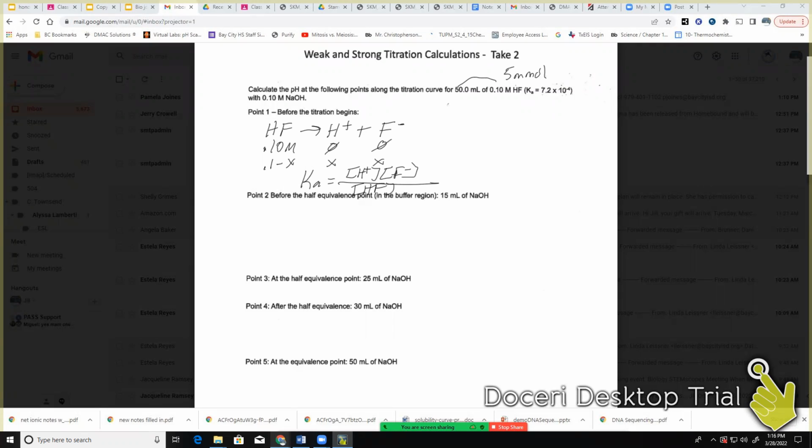So I don't need to write Ka again, I need to write the actual number: 7.2 times 10 to the negative fourth is equal to X squared